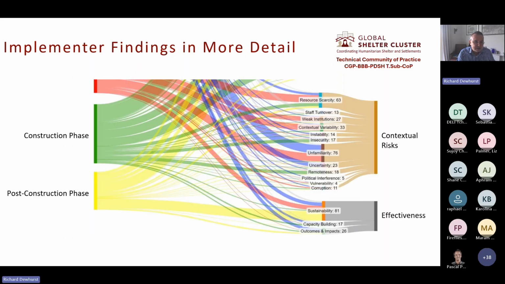And then looking further down, you can see the construction phase and post-construction phase, much less so in terms of challenges, but when you see the full diagram, you can still see that there are links between construction expertise and the construction phase, which is to be expected. But you can also see that for the sustainability aspect, there's a strong link with the post-construction phase, which you would expect as well, because that's when sustainability aspects, or issues with sustainability, emerge. But there are also links from the earlier phases to sustainability, highlighting that you need to consider these things right from the get-go, really.